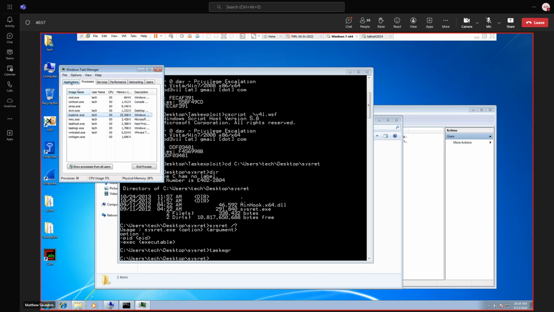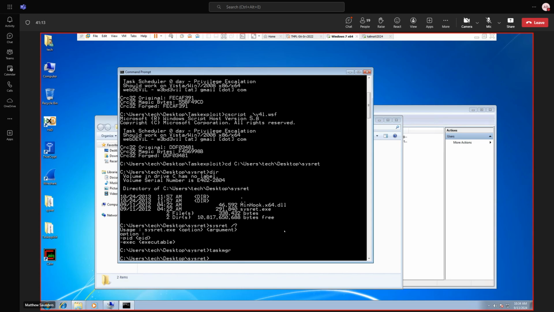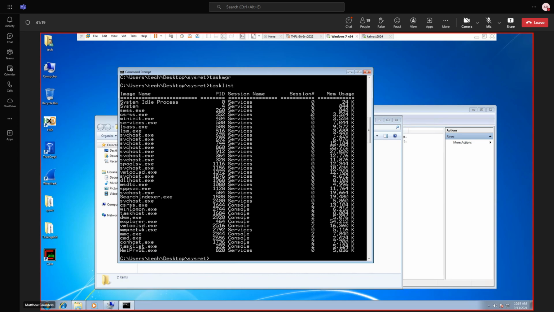So what I need. Oh, here we go. No, not set priority. You know what? I'm not going to use this. I'm going to use task list. That'll give me what I want. I'm just going to run the task list command. It'll show me similar stuff, but it'll give me everything I need. So I'm looking for the PID of